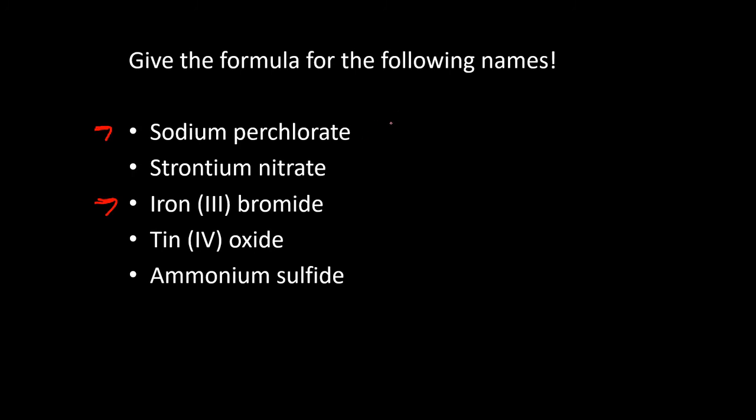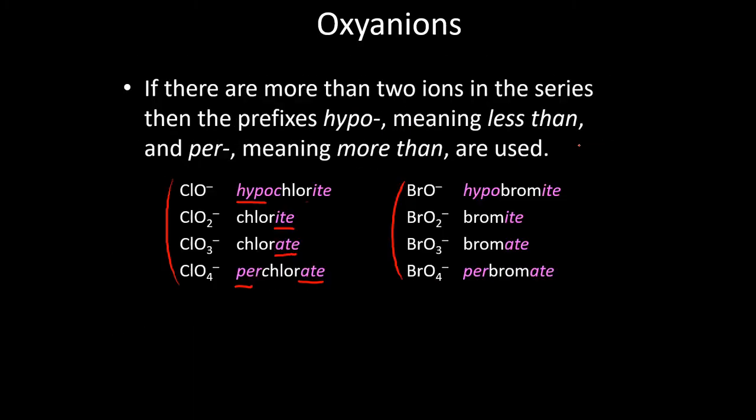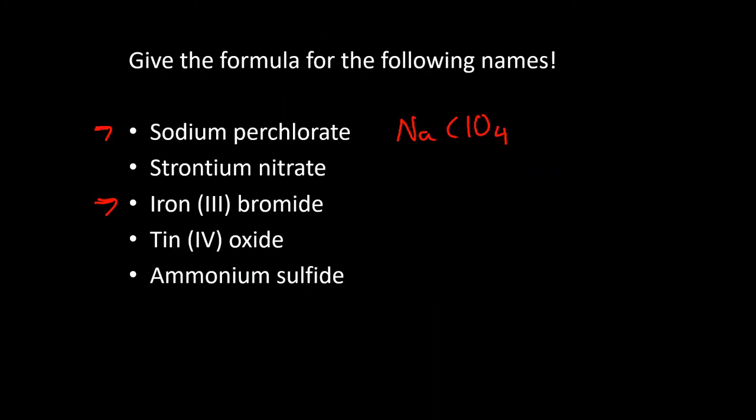So sodium perchlorate would be NaClO4. Perchlorate has a -1 charge, which means we just need one of it to balance out the positive charge on the sodium. And so for this one here, iron 3 bromide,